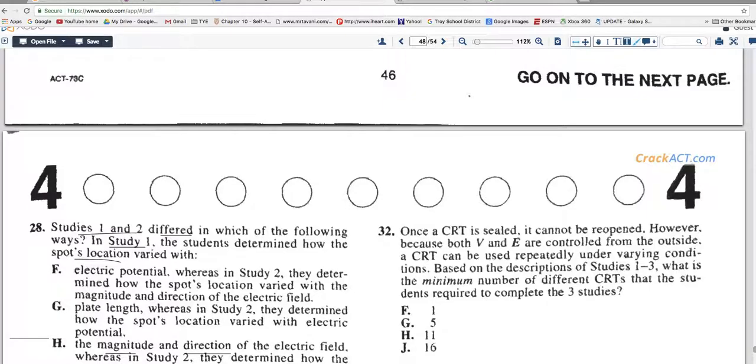Because I picked 1 at first, but I was like, well, that's not right, because it shows that they cannot be reopened, and they can change the V and E, and V does not. Wait, V does not consist of the direction, does it? V doesn't change. No, you can change the V and E. But it says they don't change. Yeah, no, they don't change. So that means it has to be more than one because in study 1, there's 2 different directions. So 2, 3, 4, but